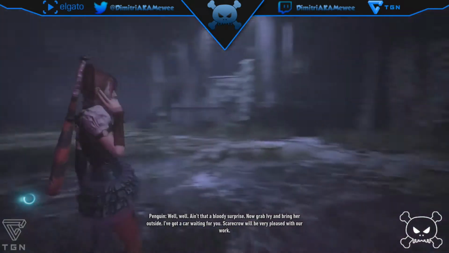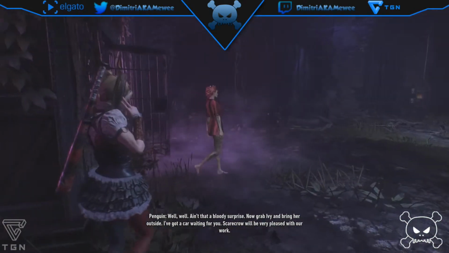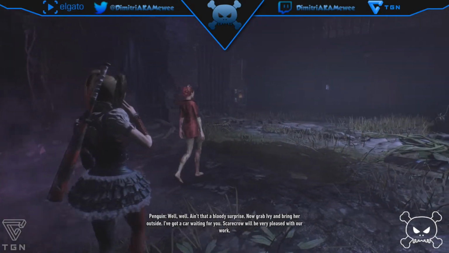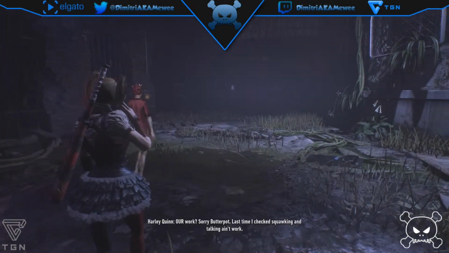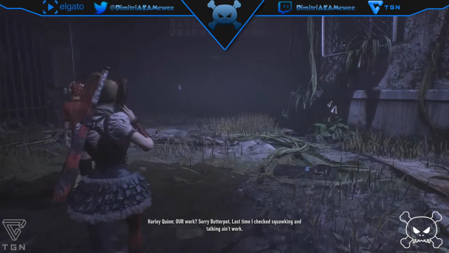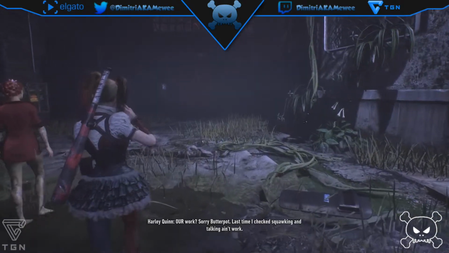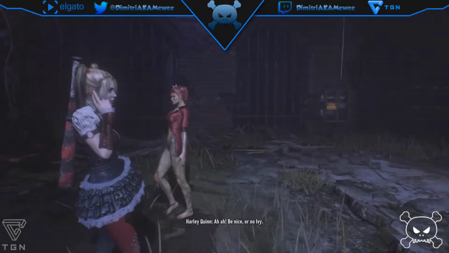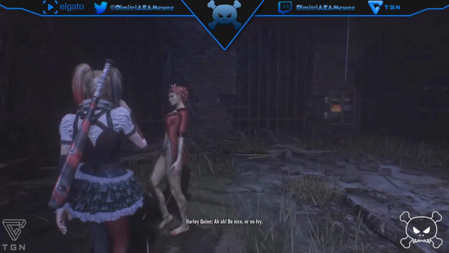Bloody surprise. Now grab Ivy and bring her outside. I got a car waiting for you. Scarecrow will be very pleased with our work. Our work? Sorry, Butterpot. Last time I checked, squawking and talking ain't work. Why, you little... Be nice and no Ivy. Just